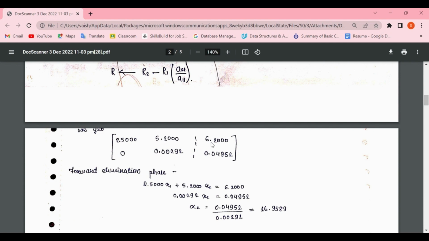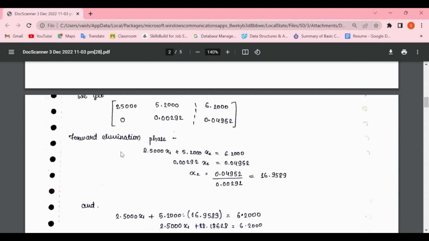5.2, 6.2, and in the second row we will get 0, 0.00291 and 0.04952. Now we are performing the forward elimination phase. We are going to put the values in this, so we will get 2.5 x1 plus 5.2 x2 is equal to 6.2. Here we get the value of x2, that is equal to